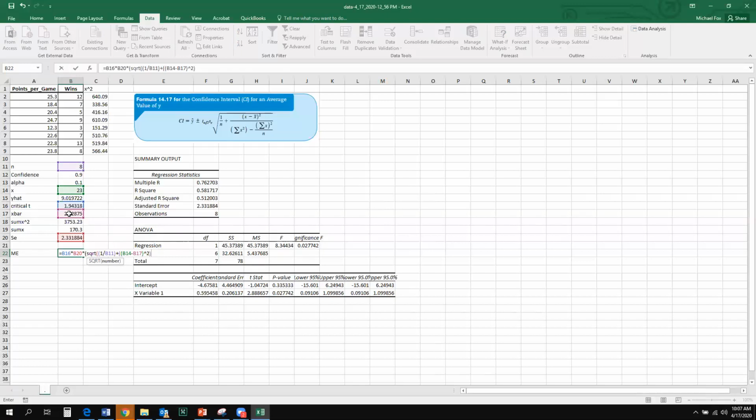So that's that whole numerator. I actually probably should have put another parentheses around that. And then that's the numerator divided by our denominator, which is